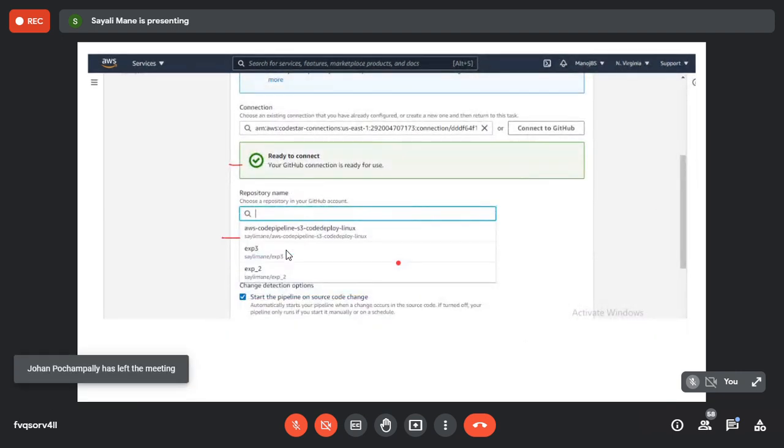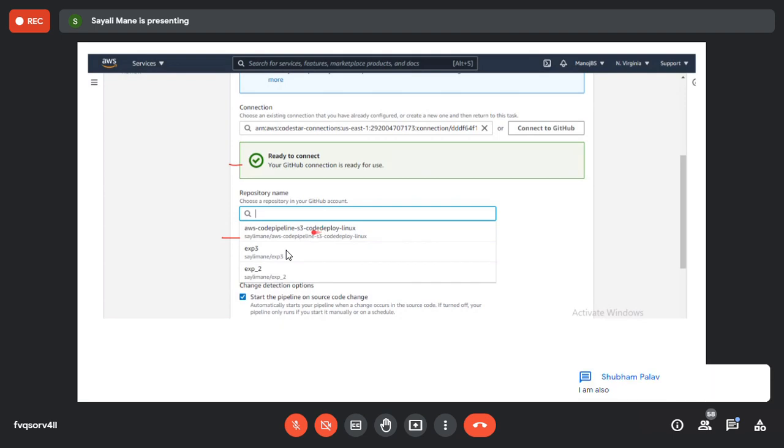Hello, ma'am. I'm not getting that option. Which one? AWS CodePipeline? This one, CodePipeline. Yes, ma'am. Have you forked the CodePipeline properly? I'm getting it with my username. Like this, no? Yes, ma'am. My username is also there. It's okay. See, mine also, the username is there, and this CodePipeline.